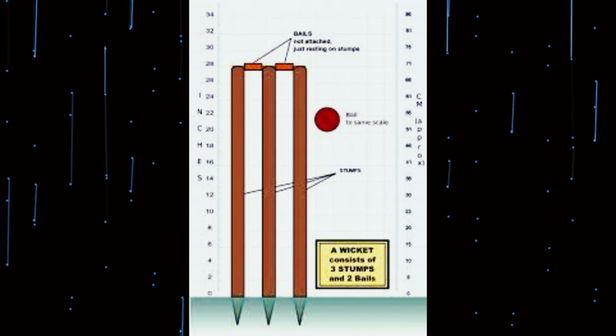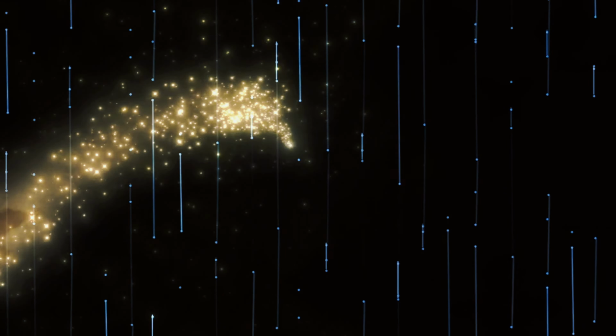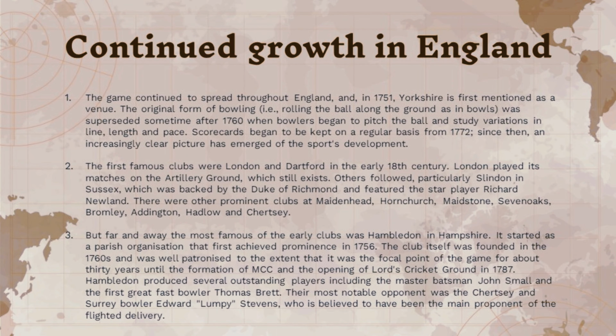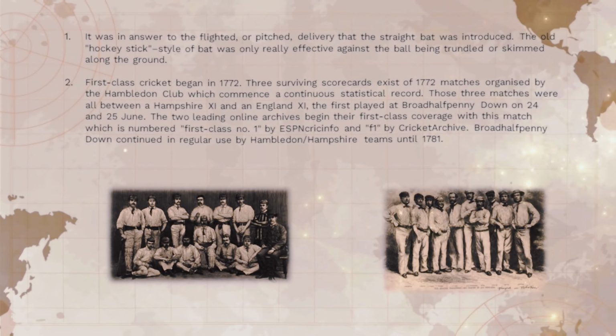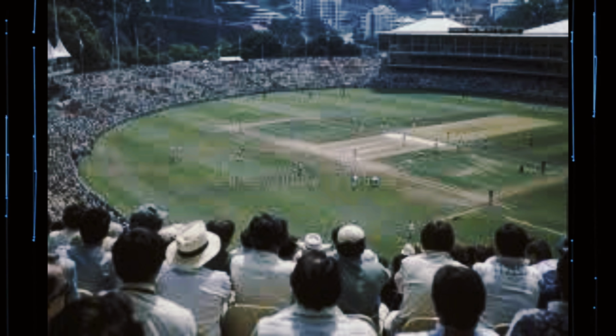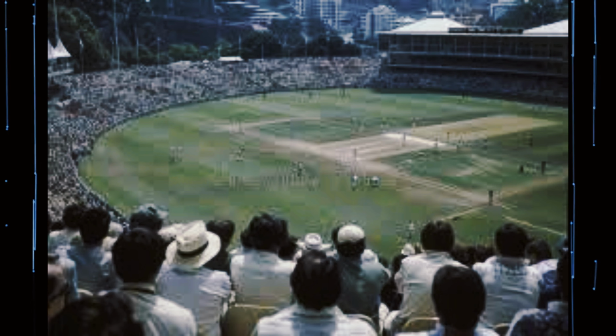By the mid-18th century, cricket expanded across England, with Yorkshire mentioned as a cricketing venue. A pivotal innovation occurred post-1760 when bowling evolved from ground rolling to pitched deliveries, prompting the introduction of the straight bat. Clubs like London and Slindon thrived, but Hambledon stood above all, becoming cricket's nucleus during its prime from the